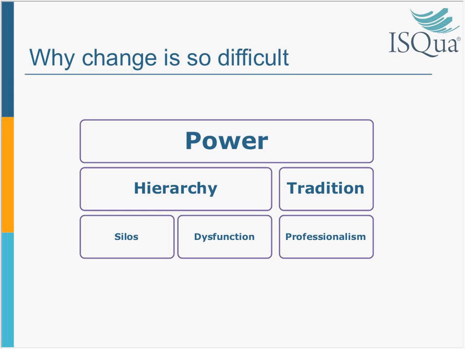We do it in silos, and it's quite saddening that these silos still exist throughout the healthcare, between primary, secondary, and tertiary care along the patient journey, for example. We also have dysfunctional teams. Dysfunctional teams are something that we would not accept in other industries, yet we accept them as a norm because the members of the team may be experts in their field. And finally, we haven't really dealt with the issue of professionalism. What does it take to be a new professional?